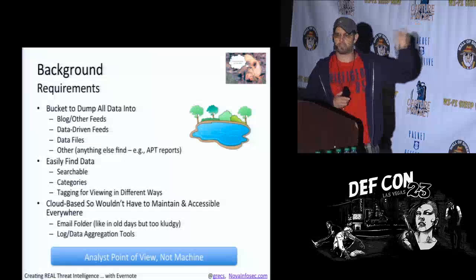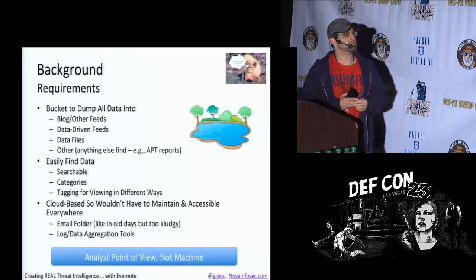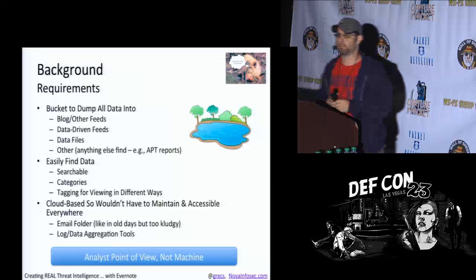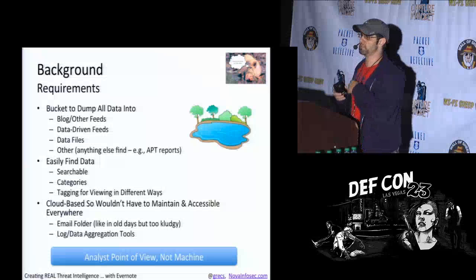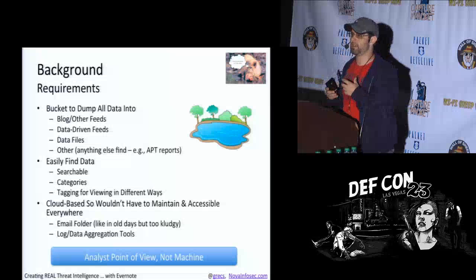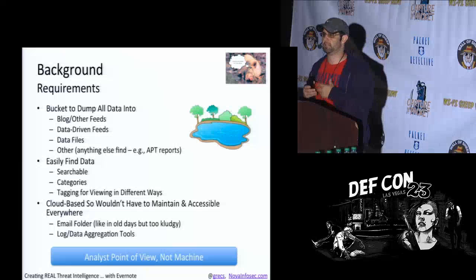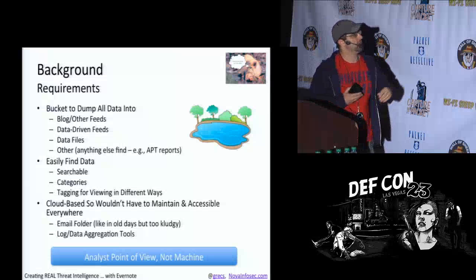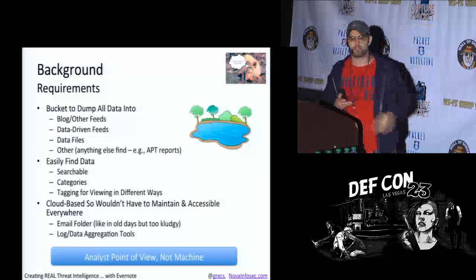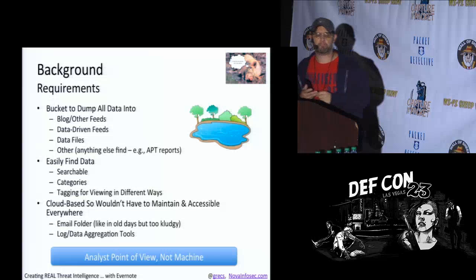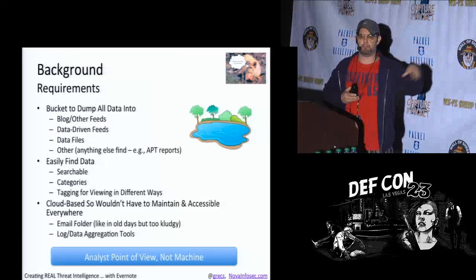There are a lot of nice blogs that put out nice reports, so I wanted to dump that in there. There were data-driven feeds, a lot of RSS-type stuff, a lot of Twitter feeds. And then also data files. There's a lot of things like malware domain lists that you can grab as text files on a periodic basis and just dump into your bucket, right? And then also anything else. Some vendor comes out with a new APT report, right? I just want to click a thing and dump it there